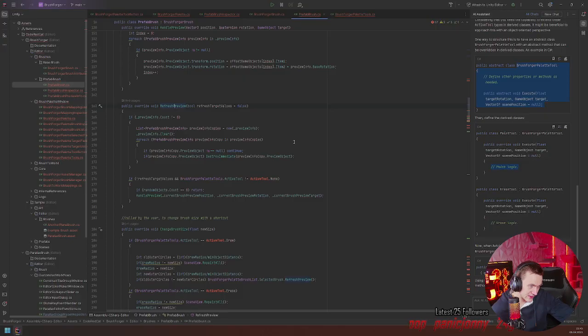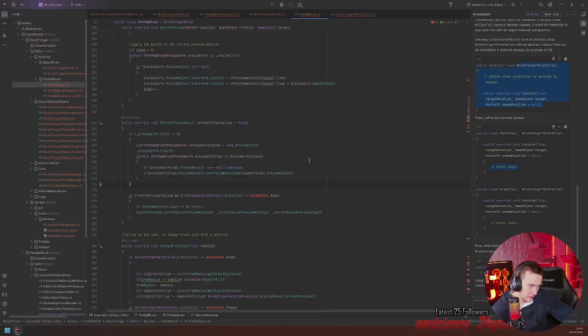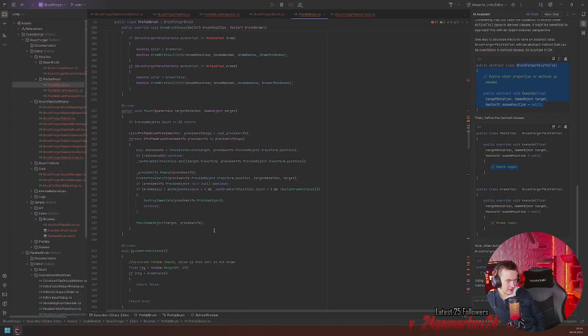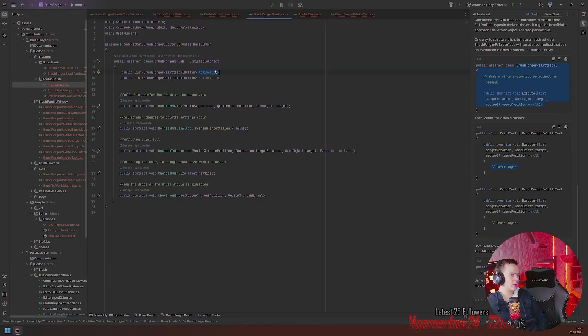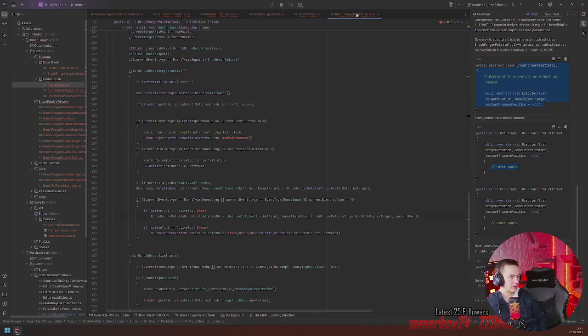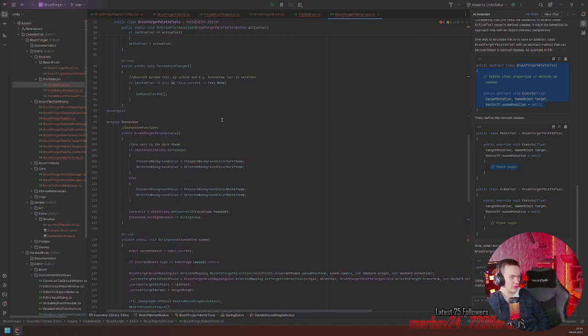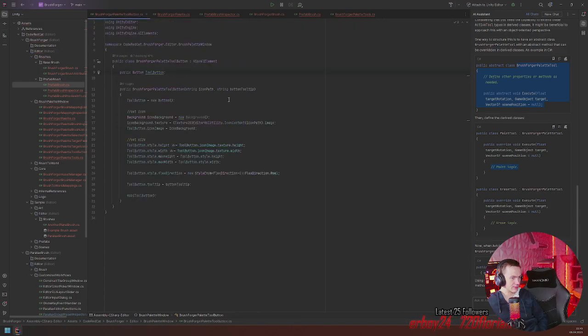Also need to access the preview. Hold on. Let's go to the pros and cons. Yeah, if I make this tool, the tool type, give it its string just for the type.